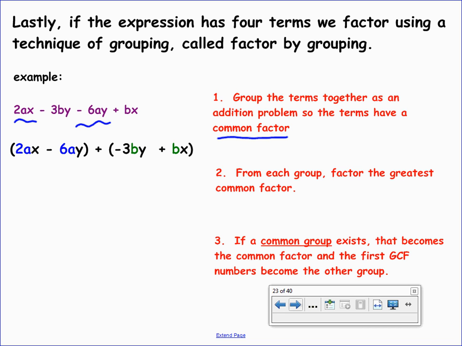Next, the remaining terms, negative 3by and plus bx, I grouped those 2 terms together because they share a common factor. What common factor do they share? Well, it looks like they each have a b, right? I'll call this the green group. And so after rearranging those and flipping my order for addition or subtraction, I now can,